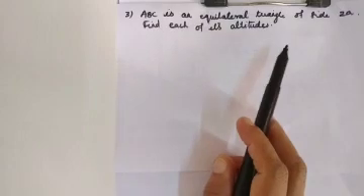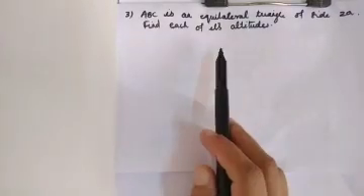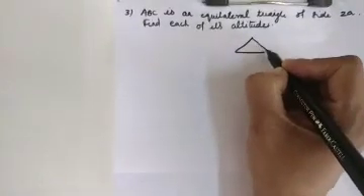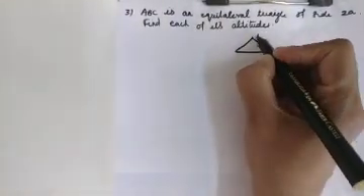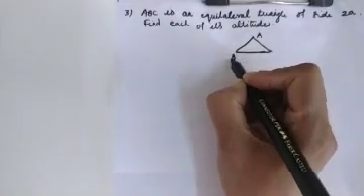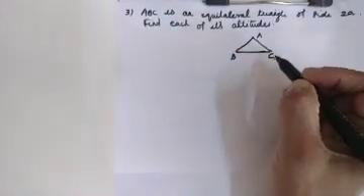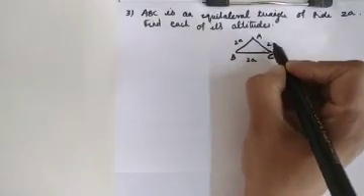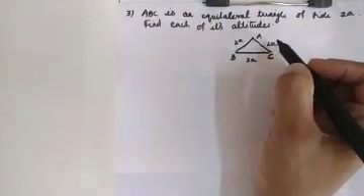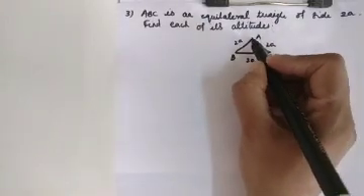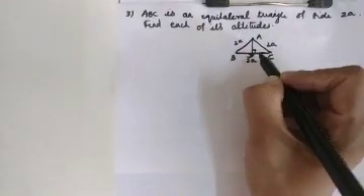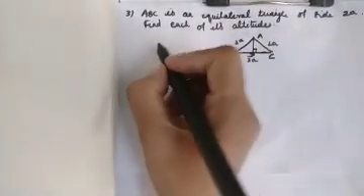ABC is an equilateral triangle of side 2A. Find each of its altitudes. So first, you have to draw an equilateral triangle. ABC is an equilateral triangle. Each side is 2A. 2A, 2A, this is also 2A. You have to find each of its altitudes. Altitude means perpendicular. So here AD is perpendicular to BC. You have to find